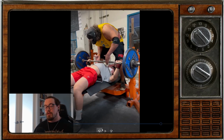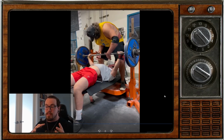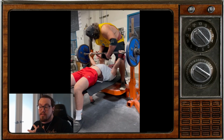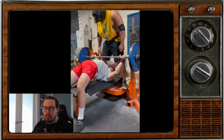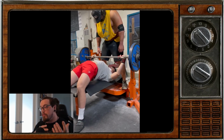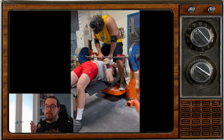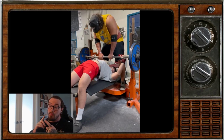Now, it's an interesting question when we start talking about why the rep work doesn't necessarily give us the same numbers we're getting when we go to test our 1-rep maxes. And that can be for a number of reasons. You could just be really good or really bad at one or the other, either rep work or your top singles. In the case that your top singles are underperforming based on what your rep work would suggest,